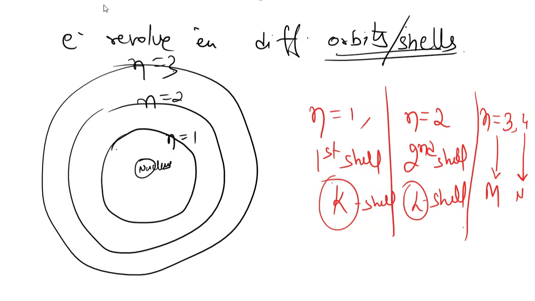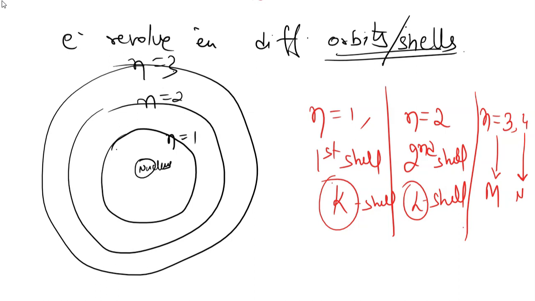Now there is also a limit based on how many electrons an orbit or a shell can contain. We have already gone through electronic configuration. You can check the video on atoms and nucleus. I have also uploaded that video, and I'll give the link again. You can revise that and see how we have gone through electronic configurations.